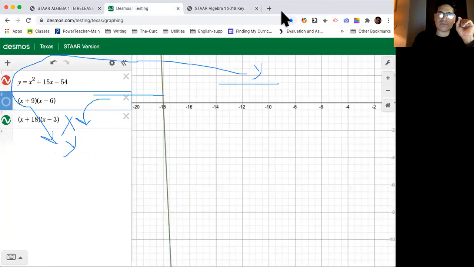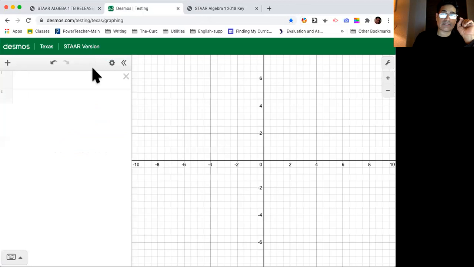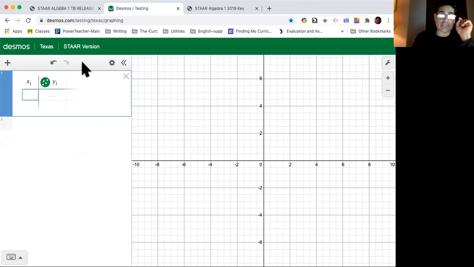Back to Desmos, clear all this up. And let's get a new calculator. So I'm going to hit this button. It has table. And again, this is the STAAR test version, so you will be able to do this the day of the test. And if I forget what